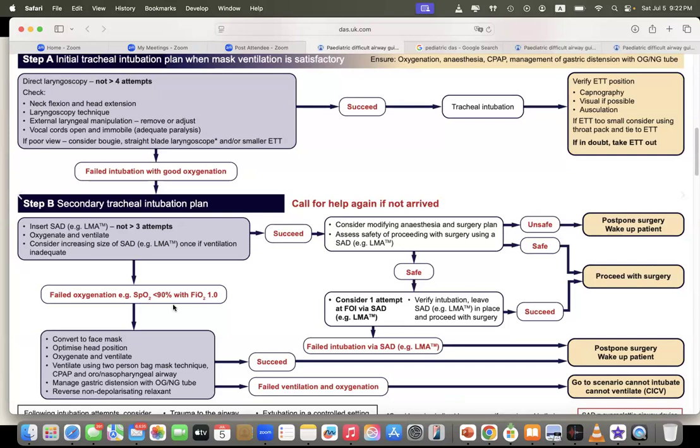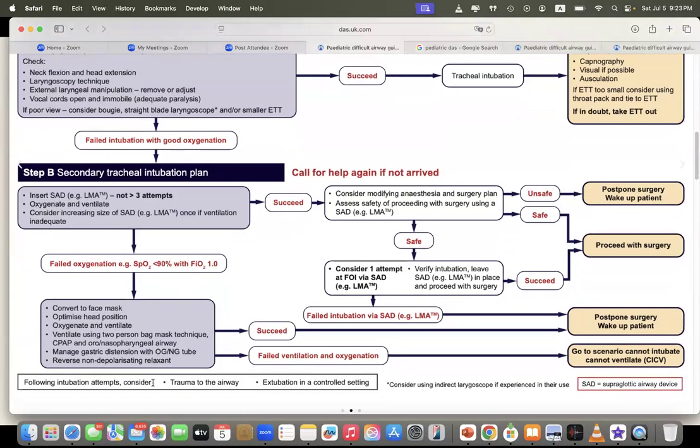Try to keep neutral or put the head in a natural position if the age is more than 2 years. Try to use CPAP to help you. If the stomach is inflated, you can decompress the stomach or reduce the risk of aspiration by using an NG or orogastric tube,